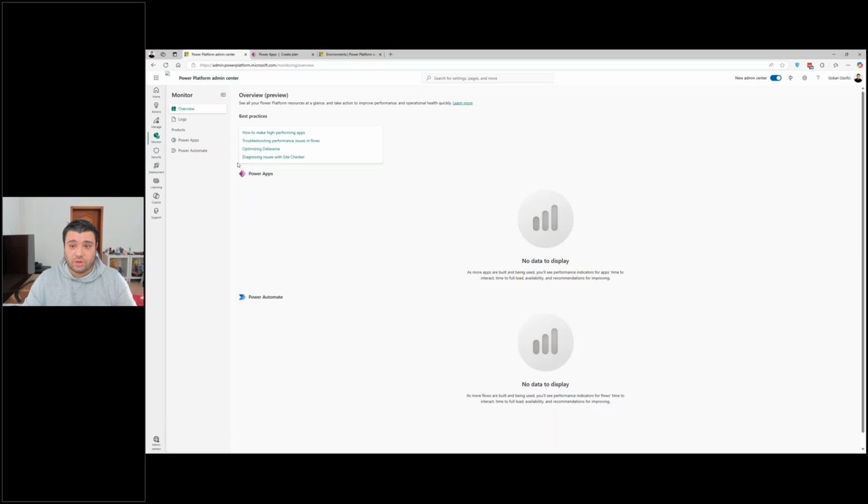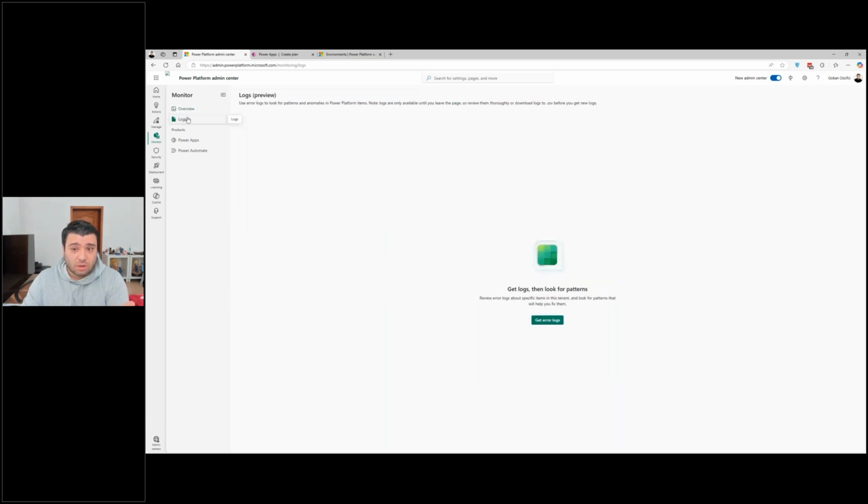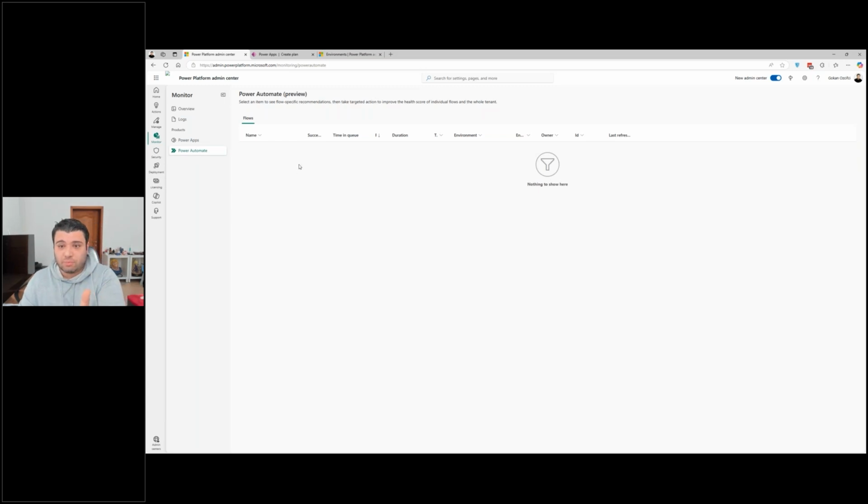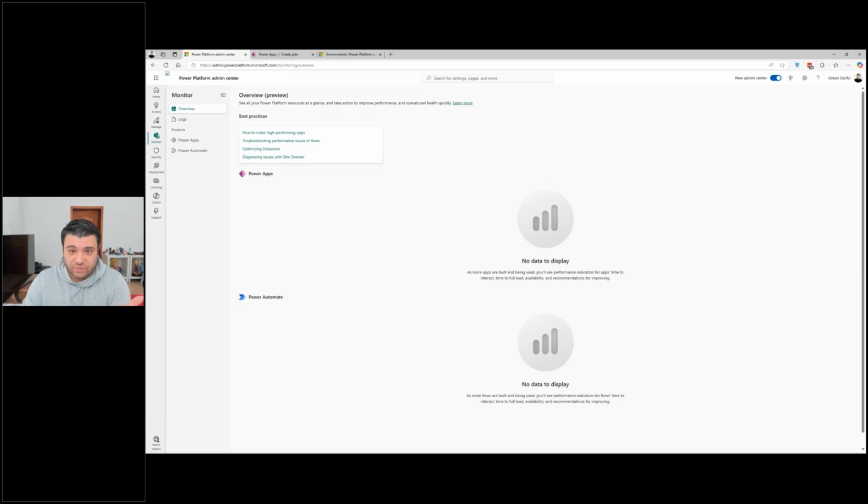Just here, you can see an overview of your apps, which is, if you ask me, horrible because, okay, I don't have apps, but this is another way of showing stuff. But you can go for the logs. Again, nothing. This is because I'm not using Power Apps and Power Automate extensively. It doesn't give you a lot of information. It should show you a bunch of stuff here, nothing happening. And that's what I think is horrible today within the Power Platform Admin Center. Even though it's able to show you some stuff, nothing here.